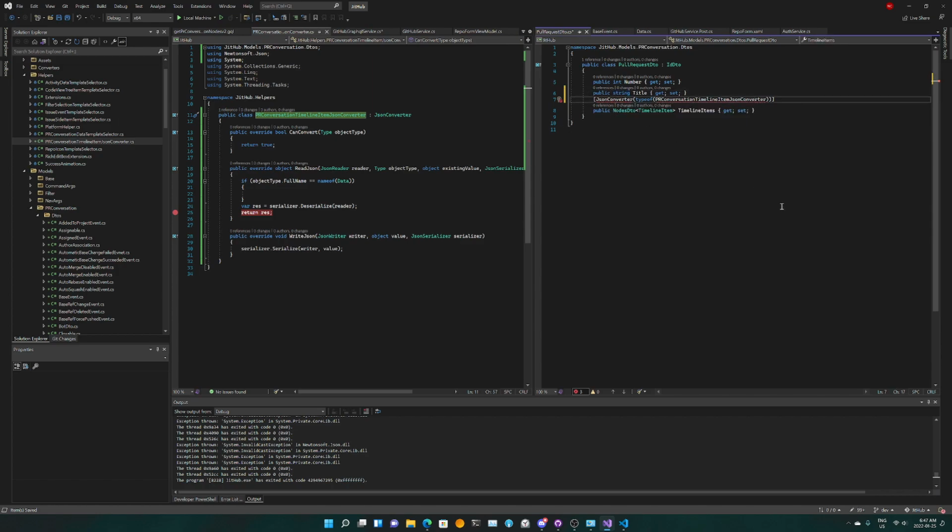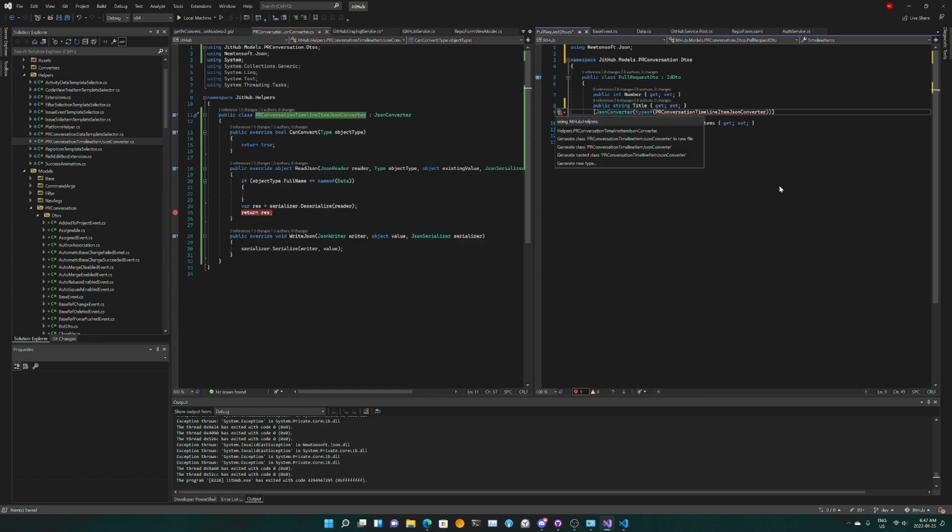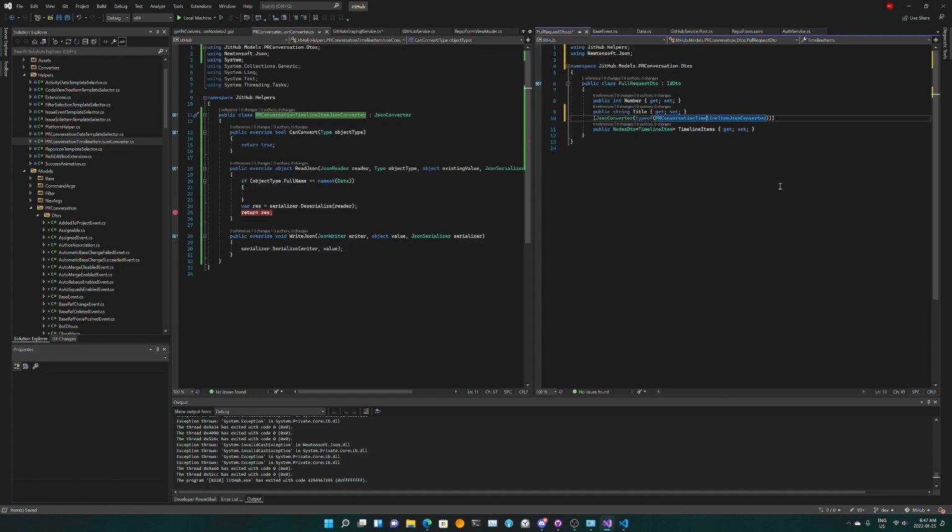And yes, it's complaining. So let's see what we need to bring in. This needs to be Newtonsoft JSON. This one needs to be the helpers. So let's see what we're getting here.